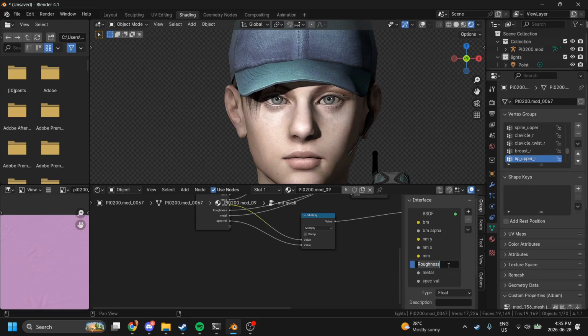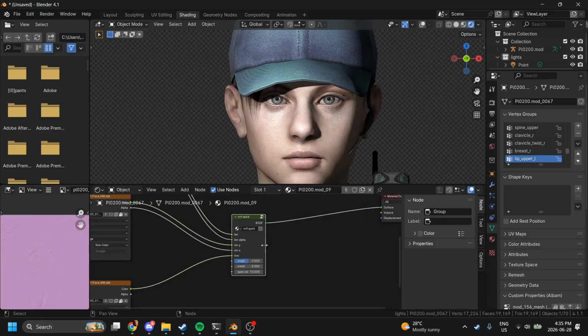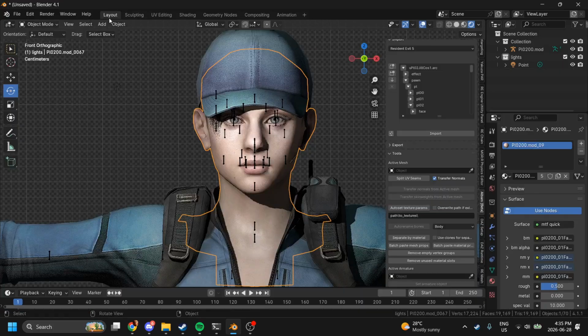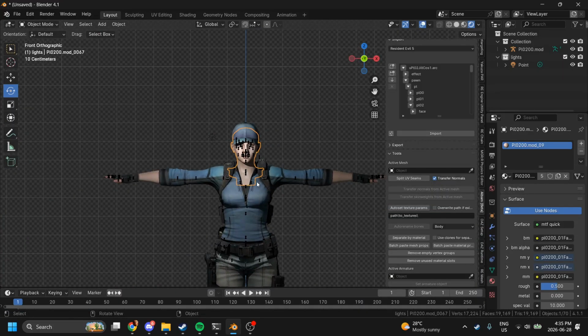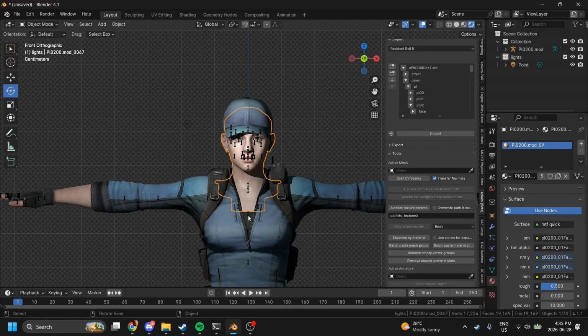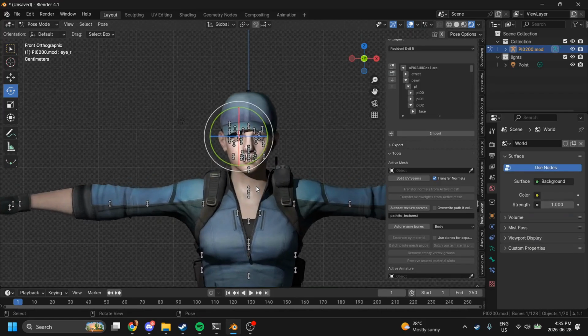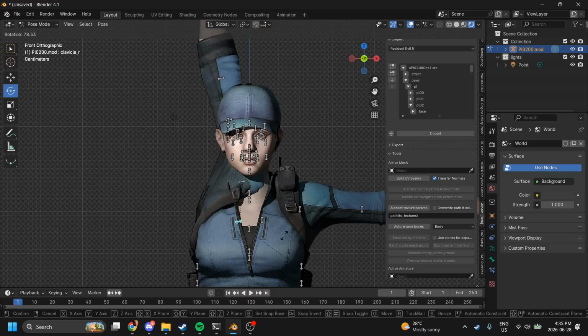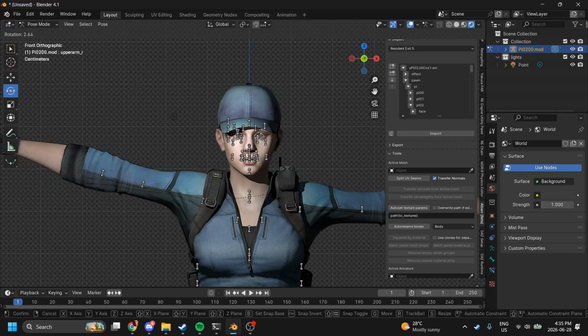Call it metal, rough, and boom. Quick and dirty MT framework shader. So, how do you pose this? Very, very simple. But you might be thinking,